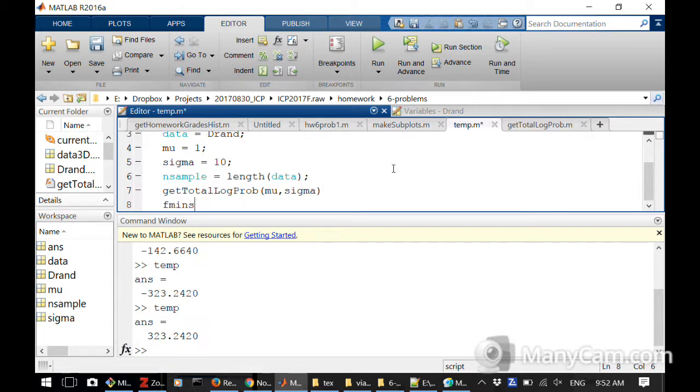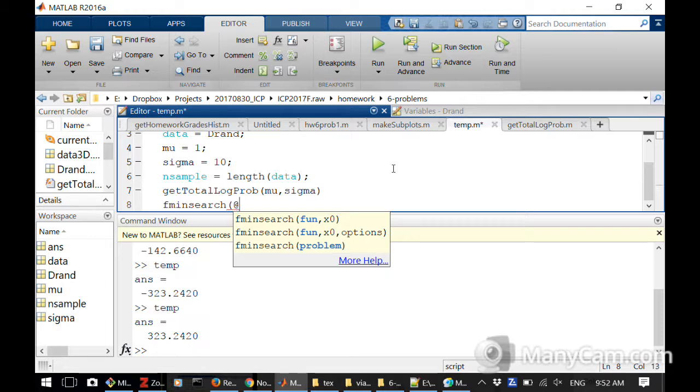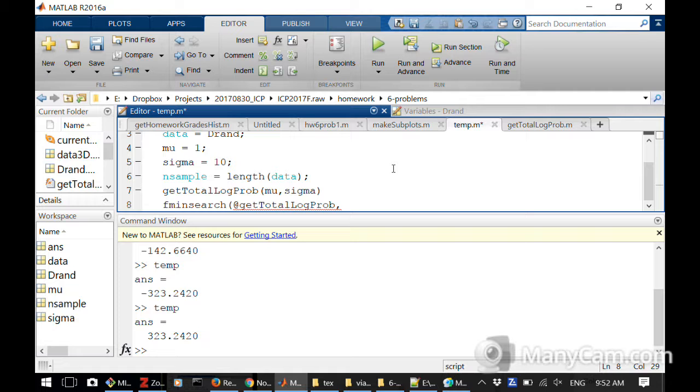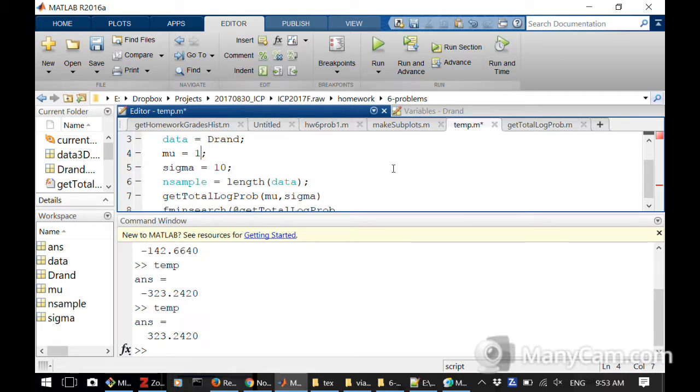So this is the last thing we're going to discuss. fminsearch, what is the function that we're going to pass? Get total log prob. You should also give it some initial search values for mean and sigma. So let's give it mu of 1 and standard deviation of 2. There is one thing. You have to give it as a vector, not single values. So you have to define a parameter vector instead of mean and sigma. So you would say param equals